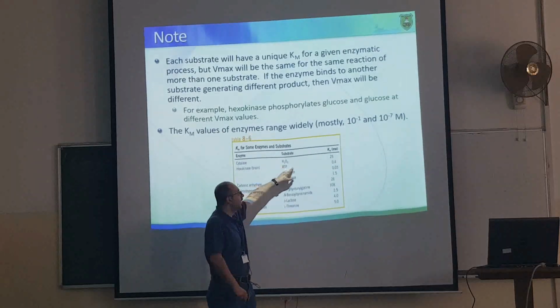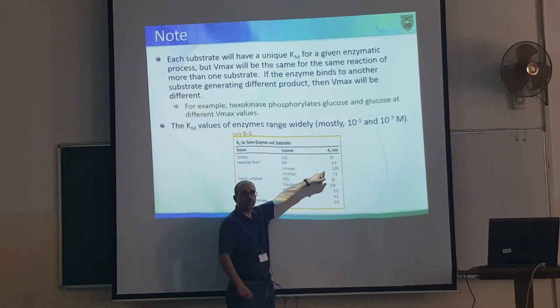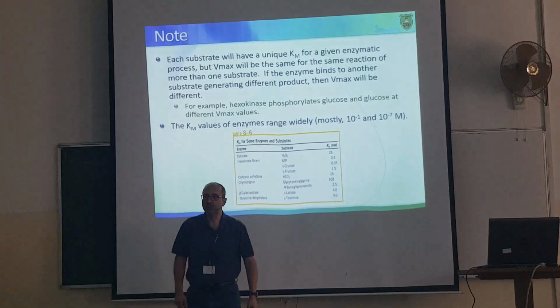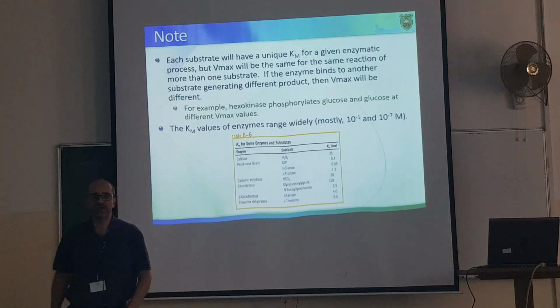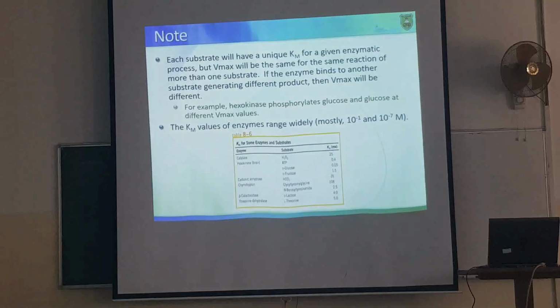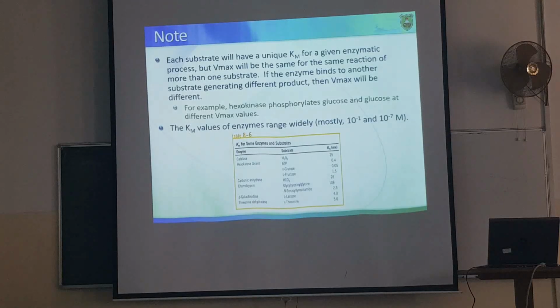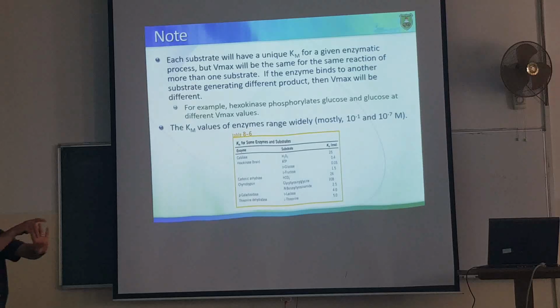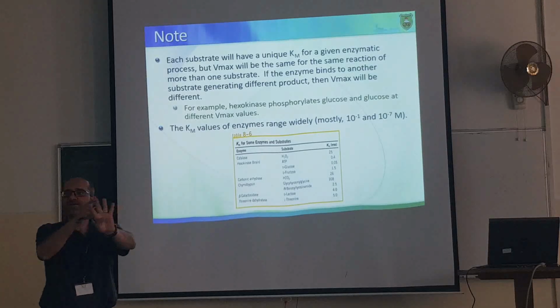طيب عشان أعبي أنا 50% من الأكتيف سايتس I need 0.4 millimolar of ATP, I need 0.05 millimolar of glucose, and I need 1.5 millimolar of fructose to fill in 50% of the active sites. Look at these numbers. Which one has the highest affinity towards hexokinase? ATP, ولا glucose, ولا fructose؟